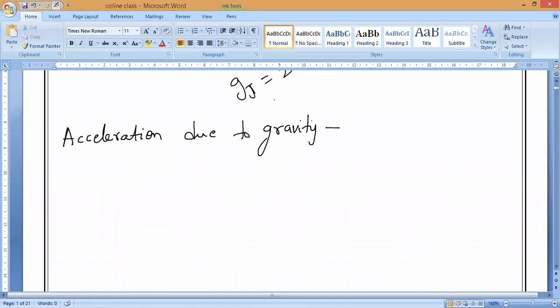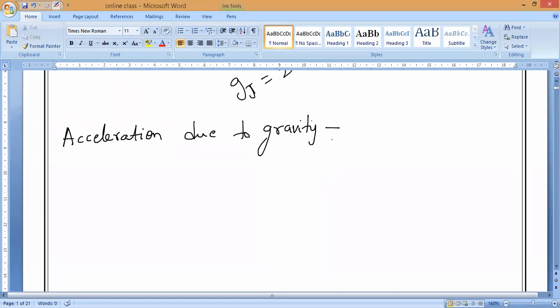Now, what factors does it depend on? How does this G value vary? Is it constant everywhere, or does it vary or not? That is what we will study. You have a mouth, please open it. If you are not going to, you can leave the class. I will never entertain silent classes like this.